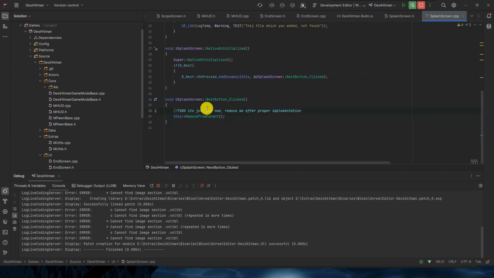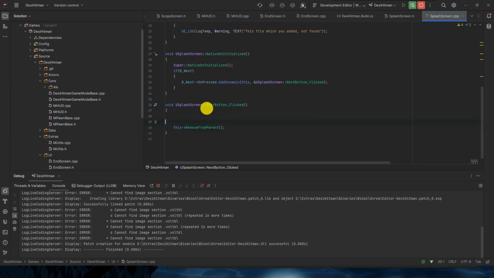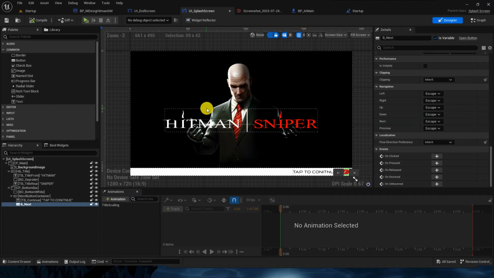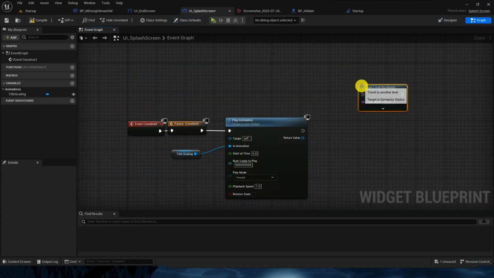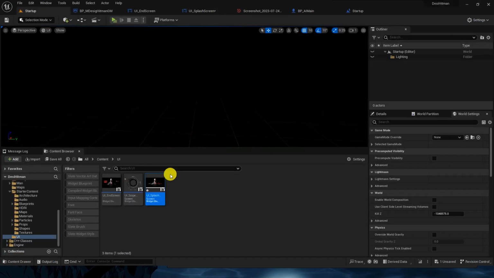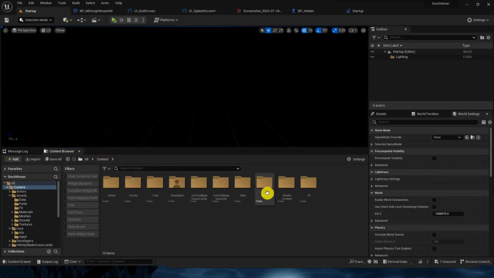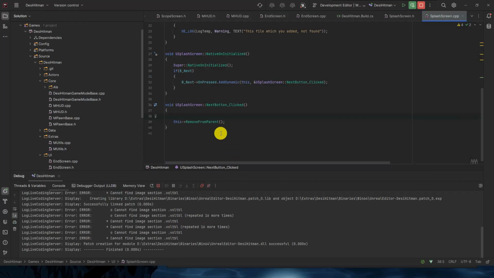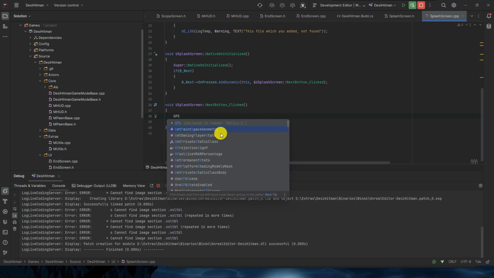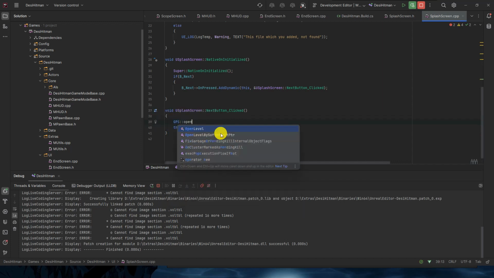So usually we can just use open level by name, and it is inside the gameplay statics, so we will use the same. Go to the maps. I want to open this one, copy it, gameplay statics, open level,